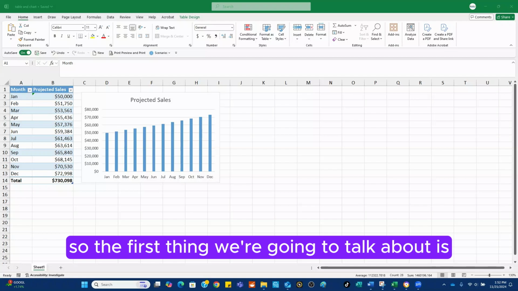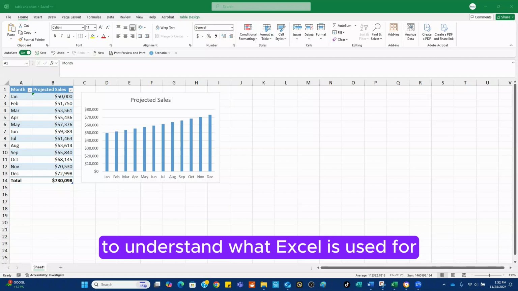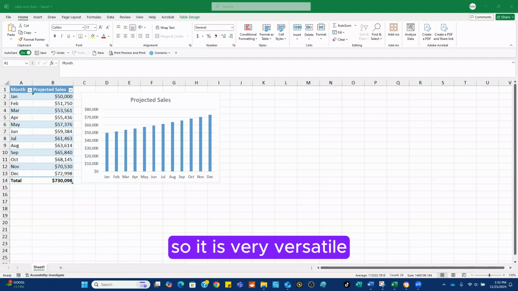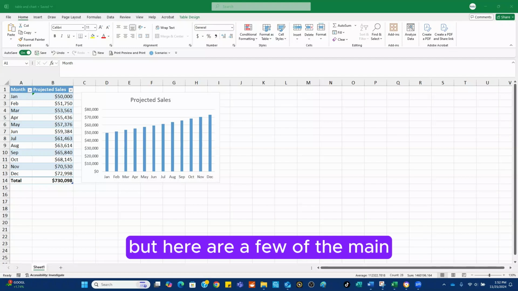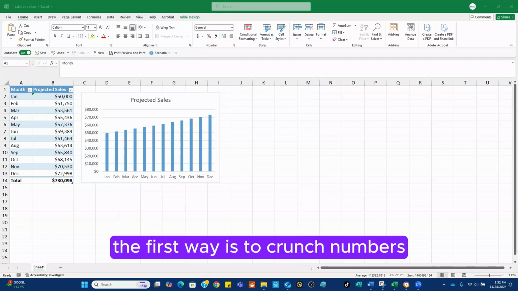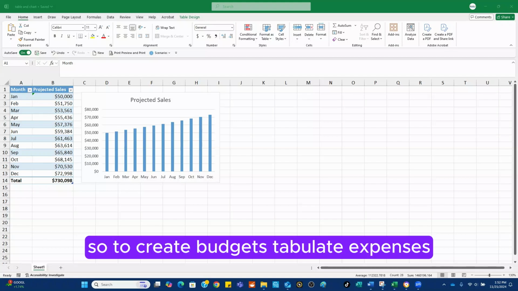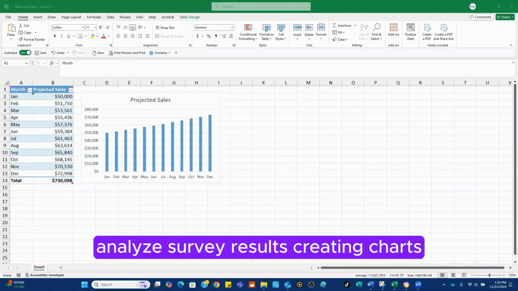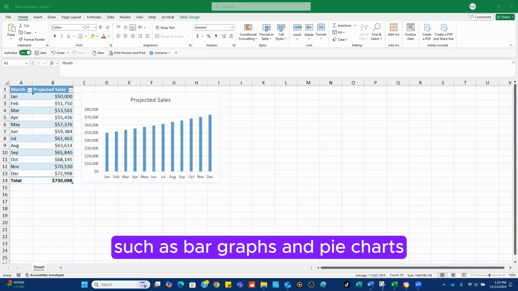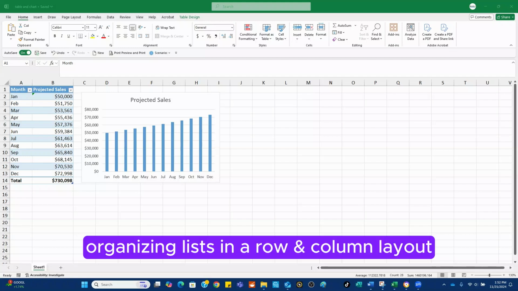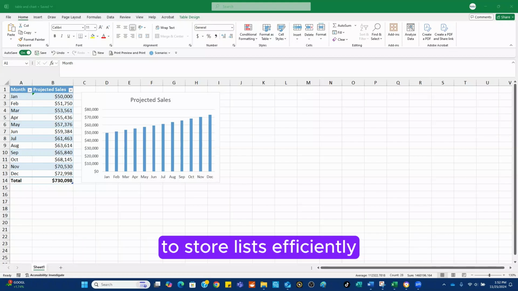So the first thing we're going to talk about is to understand what Excel is used for. It is very versatile. It's used for a lot of different reasons, but here are a few of the main ways that we can use Excel. The first way is to crunch numbers. So to create budgets, tabulate expenses, analyze survey results, creating a variety of customizable charts such as bar graphs, pie charts, organizing lists in a row and column layout to store lists efficiently, manipulating text,